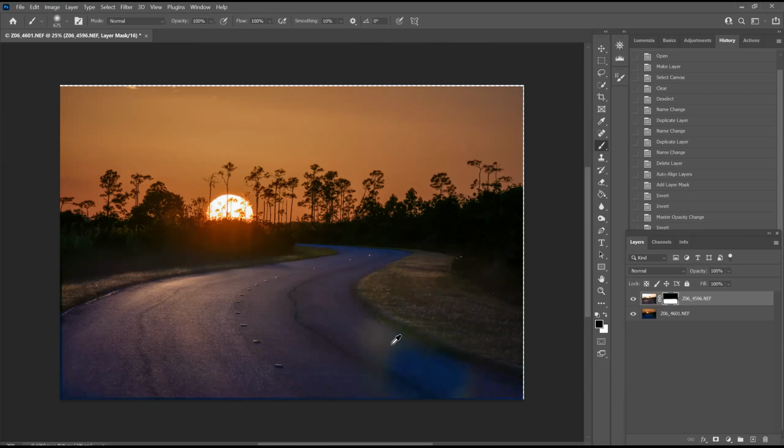So I'm just going to paint it back to black, and you would want to do it at a lower opacity than I just did. Let me lower my opacity to about 30% again. And that's up here, if y'all don't remember. So just gradually paint that out. And it's not perfect, but it's not garish. It's not blowing you in the face.